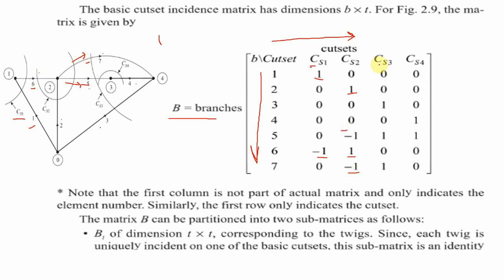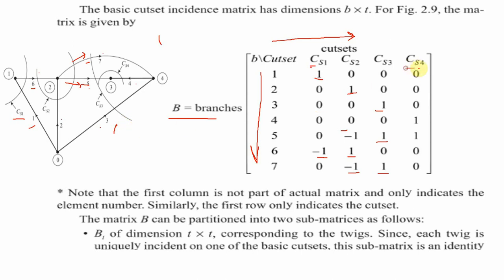Now next, cut set number 3. So here I am forming cut set number 3. This is your twig 3. So I am forming cut set number 3 like this. So it cuts one twig and a number of links. So 3 is incoming. So that's why it is positive 1. And next, 5 is also incoming. So positive 1. 7 is also incoming because 7 started from this point. 5 also started from this point. So that's why it is positive 1, and the remaining are 0 because there are no connections with respect to this cut set number 3.